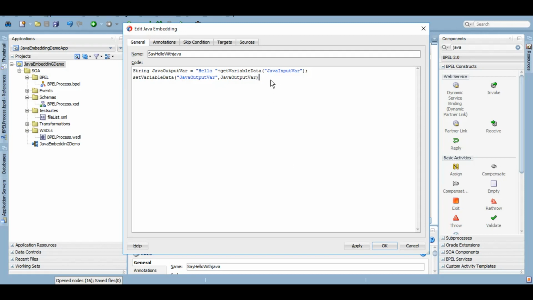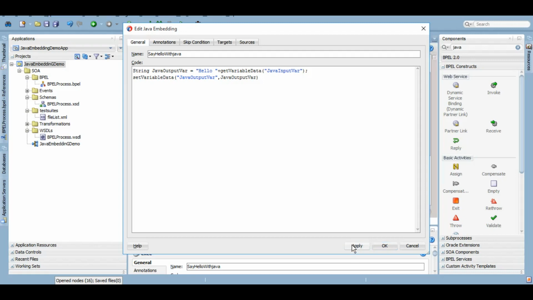It should work. We'll deploy it and test it, and once it is working, I'll show you a few things, how you can put system.out.println so that you can monitor when your Java embedding is starting, ending, and what is the data that is coming out of it. And probably in my next tutorial I'll show you a bit more complex example than this.